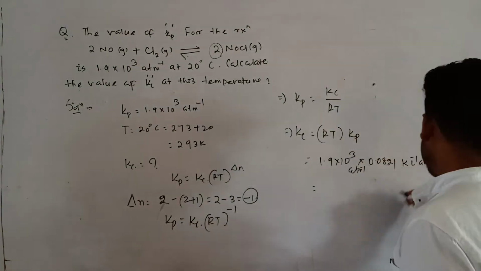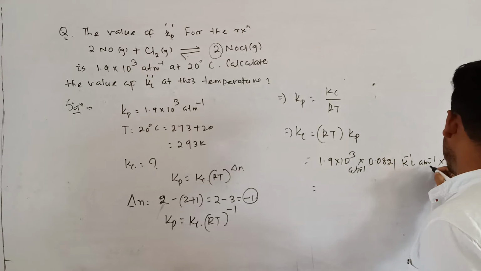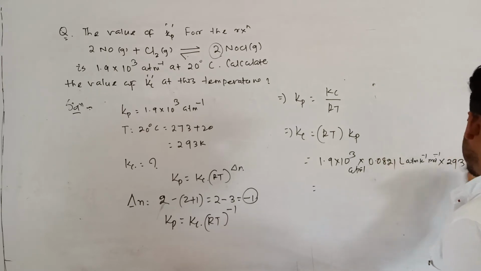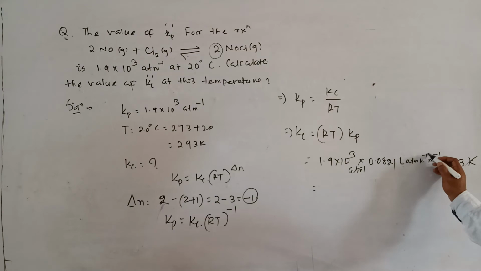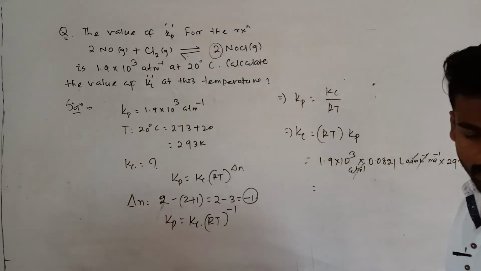0.0821 liter atm Kelvin inverse, mole inverse. This one is Kelvin. So K and Kelvin inverse get cancelled, and atm and atm inverse get cancelled. So now just multiply, the answer will be coming out to be